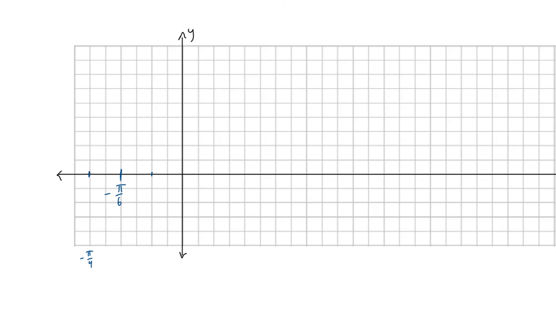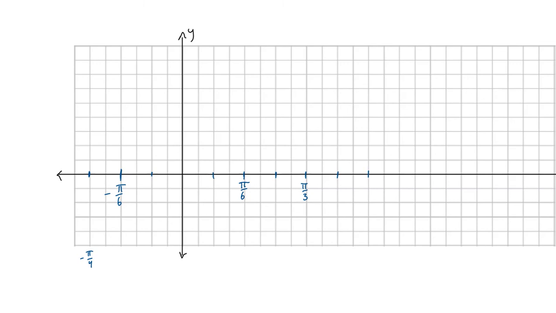Okay, now we'll go the other way. 1 pi by 12, 2 pi by 12, which is pi by 6. Now that I know that 4 squares is pi by 6, I could start counting in pi by 6s every 4 squares. You know what I mean? That's up to you. 3 pi by 12, 4 pi by 12, which is pi by 3,